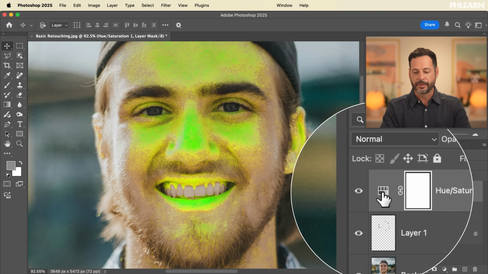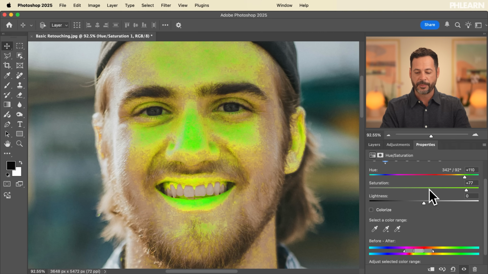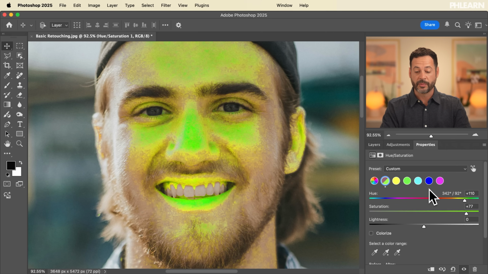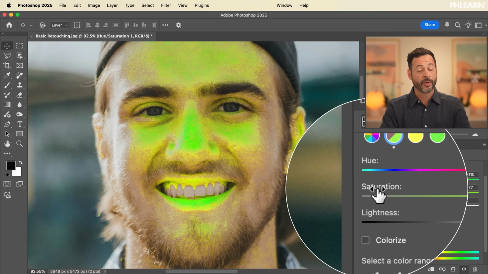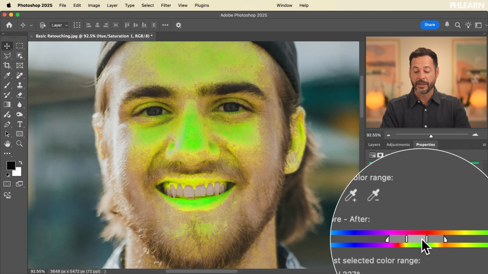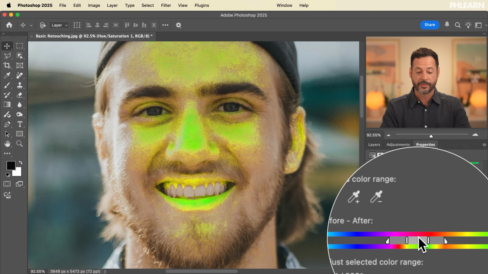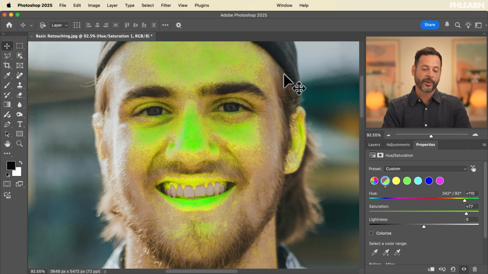So let's just go ahead, double click right over here, or go to your properties window. So we used a combination of things. We started off by clicking on the red here. Then we went and used our eyedropper tool. Then we cranked up our hue and saturation all the way up. Then we go ahead and change this slider, and this allows us to really fine tune just where we're gonna affect. Okay, so now we got a crazy Hulk, weird, I drank too much gamma radiation looking dude,